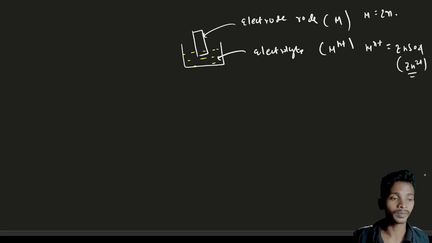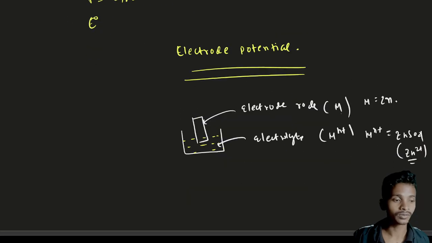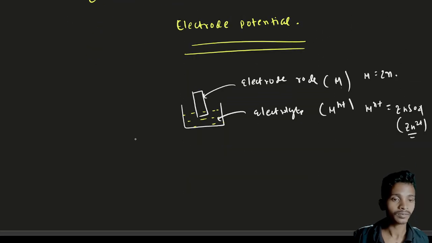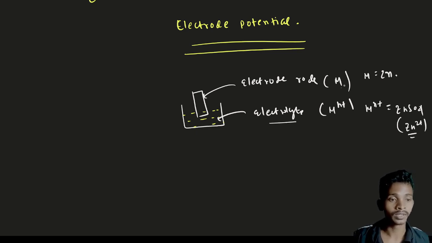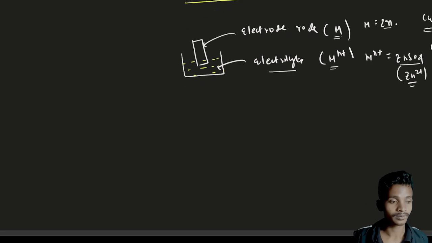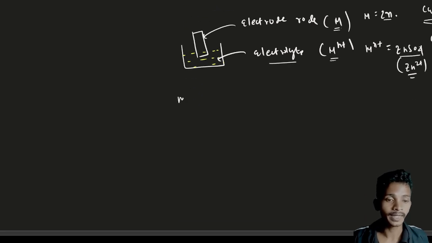So today our topic is the electrode. I take one beaker with electrolyte and an electrode rod. For the electrode rod I take a metal, and for the electrolyte I take the metal ion, Mn+. If I take zinc, then I have to take zinc sulfate solution, and if I take copper, then I have to take copper sulfate solution, meaning the same metal and the same metal ions. Okay, so generally a metal has a